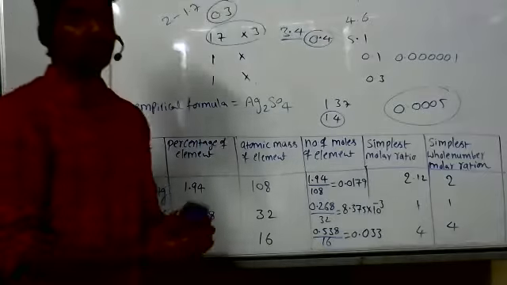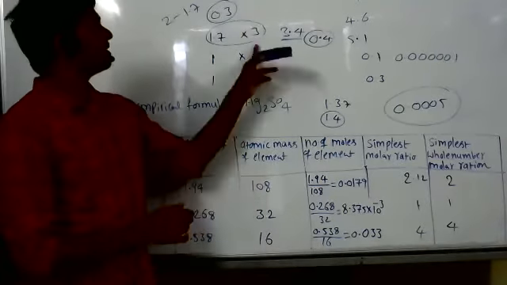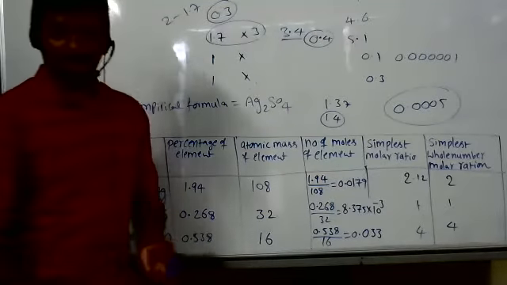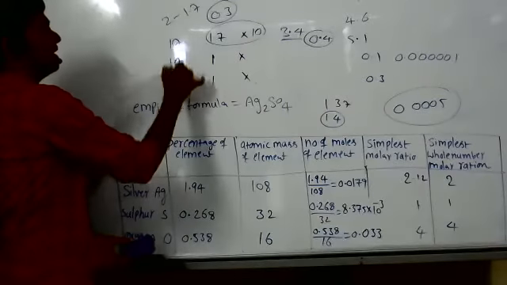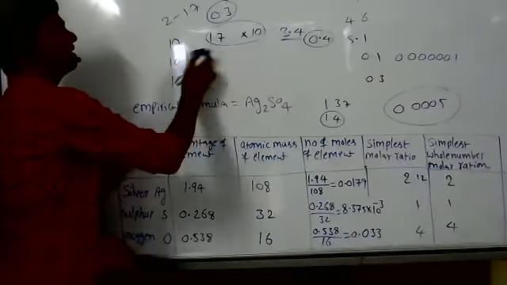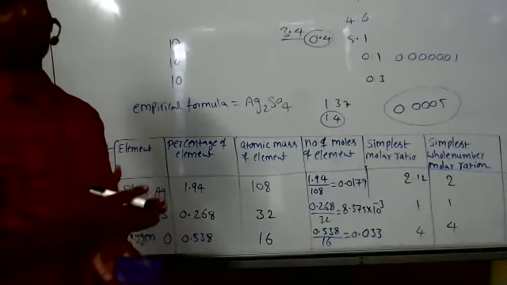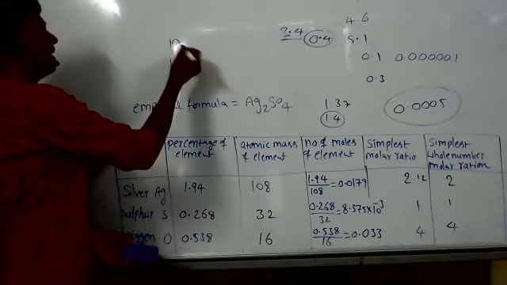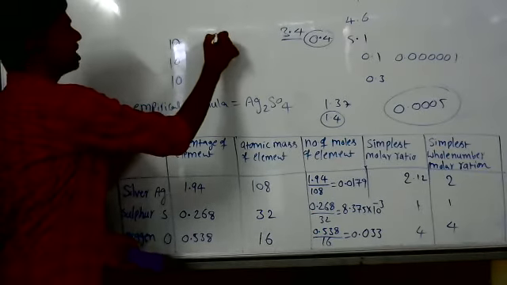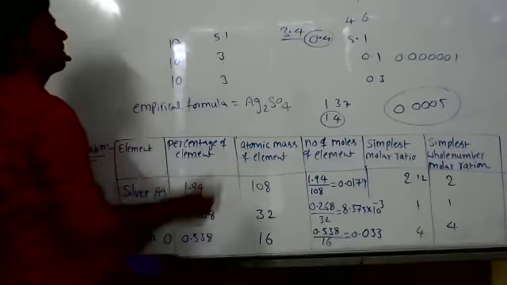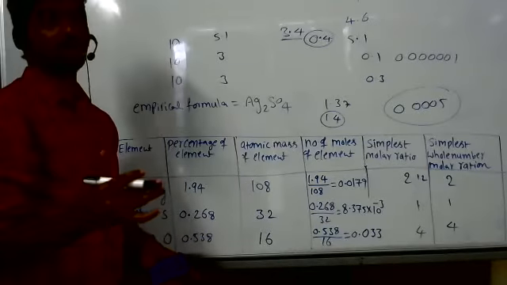Sir, as the others told, what if we multiplied by 10? If you multiply with 10, how much does it give? 10, 10, 10. Empirical formula, right? Yes, that's fine, no problem. If you write 10, but what I'm telling you is we have to go through the smallest possible number. Even if you multiply with 5 also, you can get almost this value. Sir, the empirical formula changes then? Changes, yes. That's what I'm telling. We have to go through the smallest number first. Don't go directly through a big number.